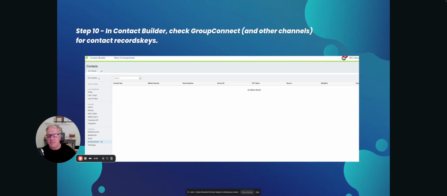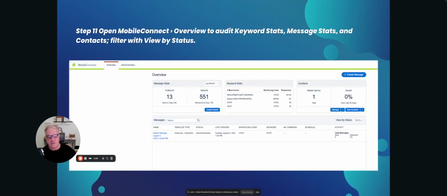And here's all the other details in Contact Builder. You can see this bounced growth,